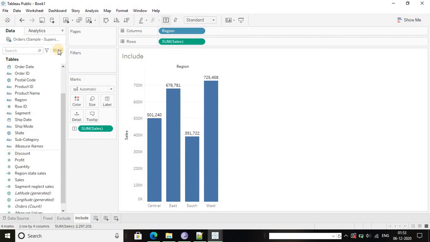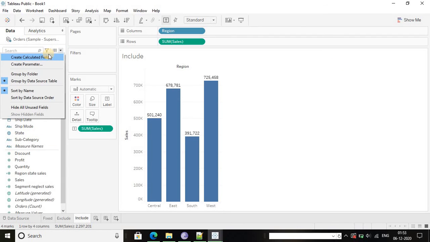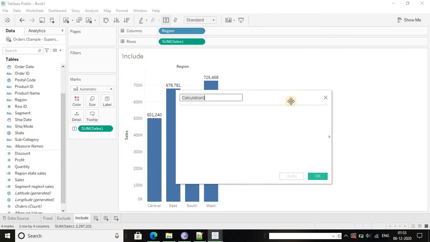So to do this, I am going to use the include. So here I have to create one calculated field. I'm going to use the name sales average region.